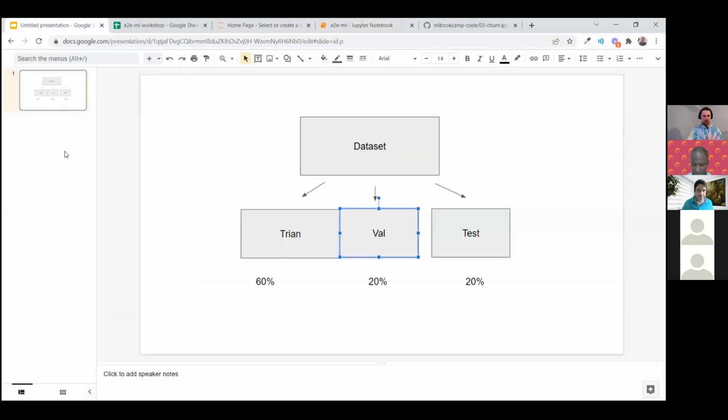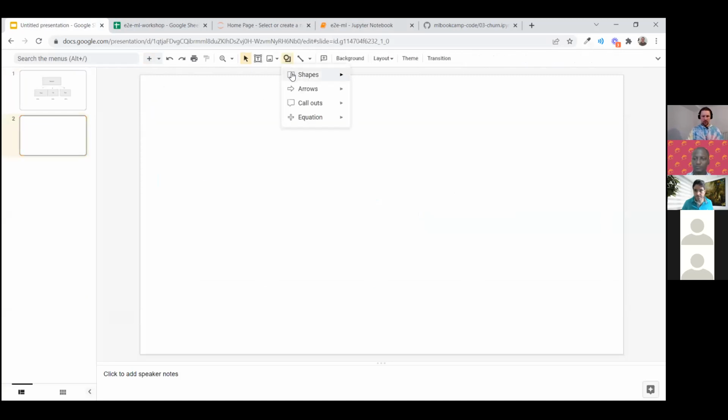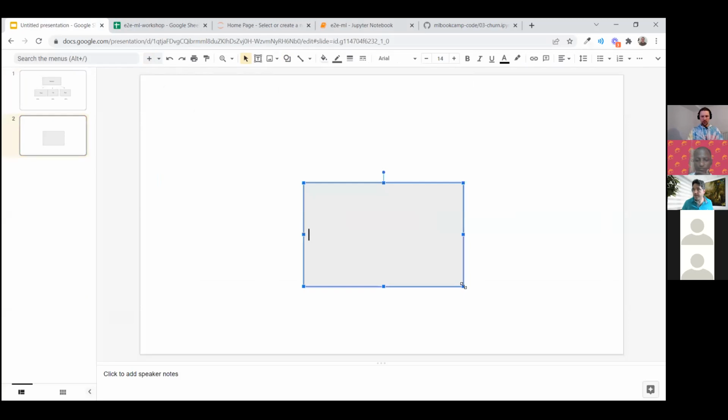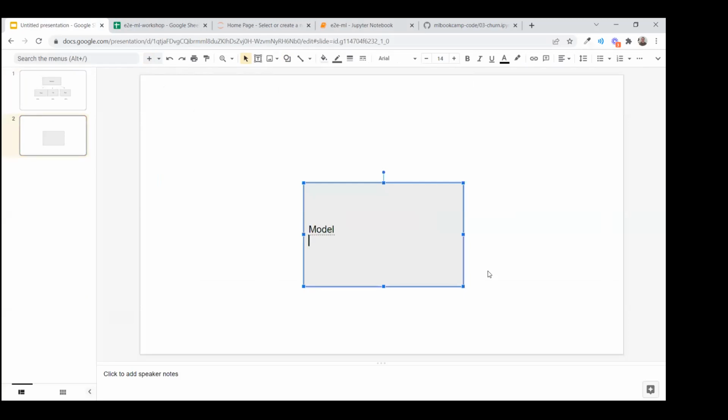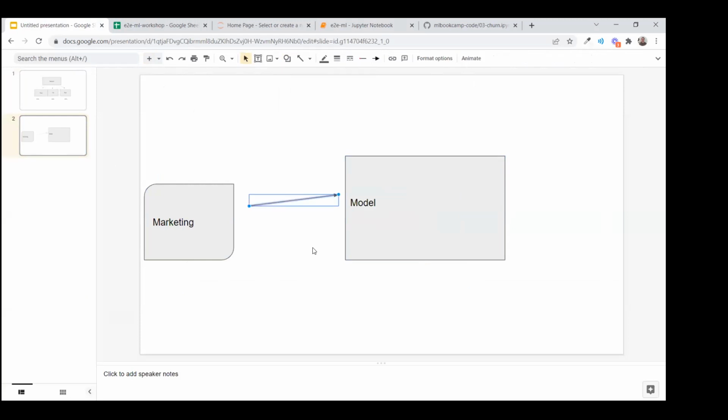And then let me just illustrate it. Let's say our model is here. And then let's say we have some marketing department. Let it be marketing. So they will send a request to our model with some details about the customers, and then our model will reply saying, okay, I think for the customer you are asking about, this customer is going to leave.